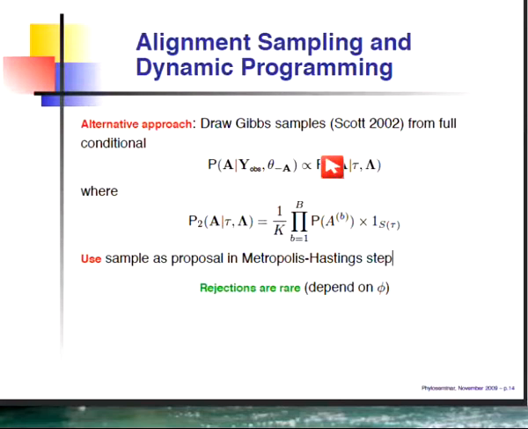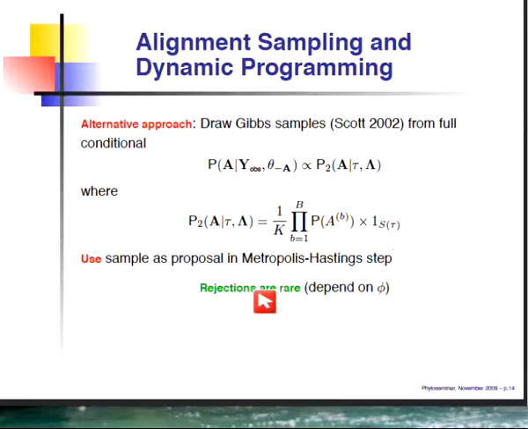So you basically draw a Gibbs sample from a distribution that's almost what you want, and then do an accept-reject. And it turns out in this problem and in a large number of problems, those rejections are quite rare. So the only expense to the algorithm is going through and recomputing that normalizing constant, which in this case is